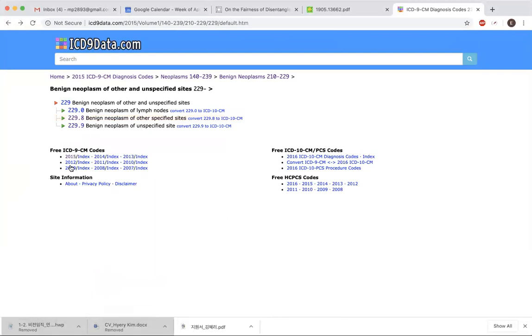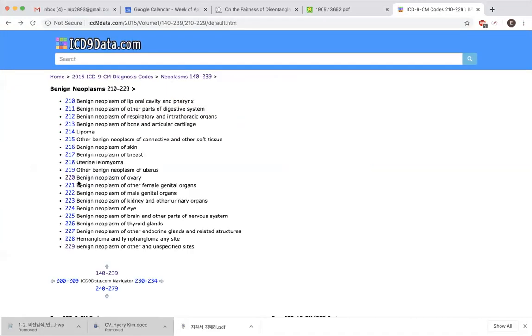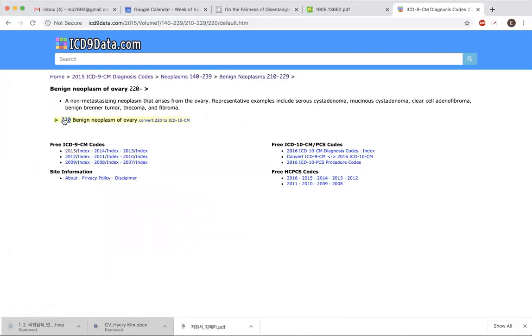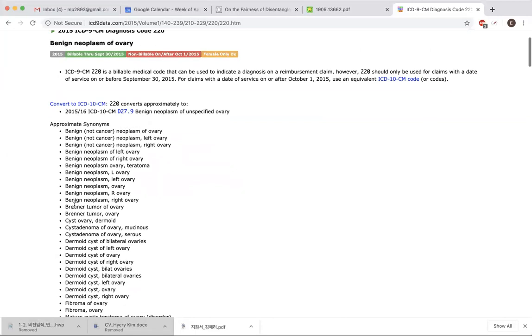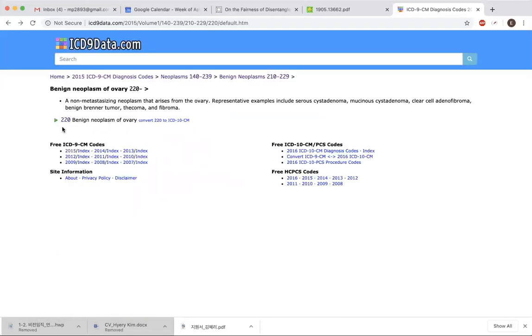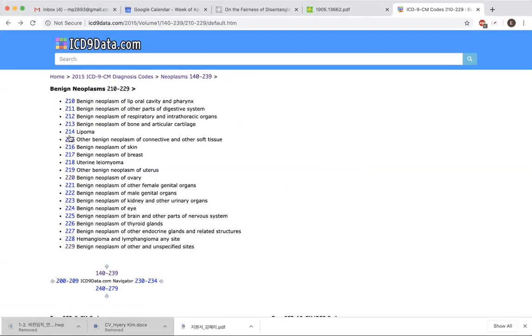All right, okay, so sorry about the confusion, but I think I incorrectly drew the example in the PowerPoint slides, but you get the idea. So you move on to different body parts, and then once you select a specific body part, let's say you select ovary, and then inside, okay, 220. So 220 is probably the lowest, like the leaf node in the tree, but some other trees like neoplasm of